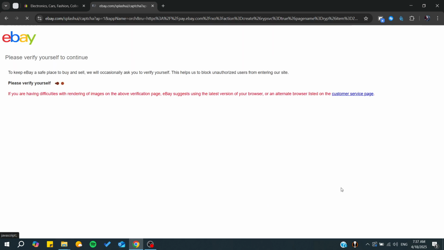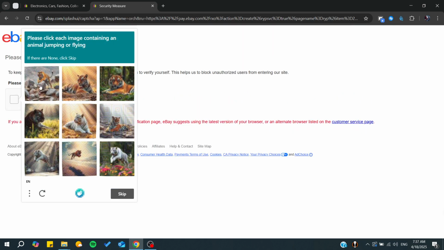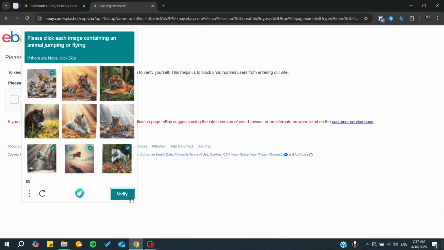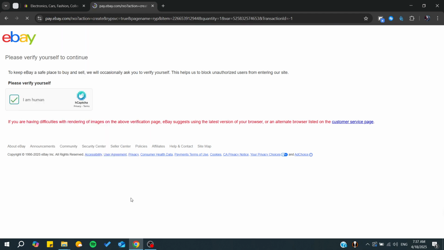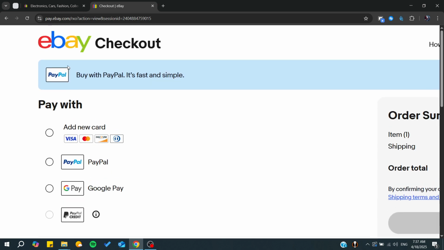By clicking on Buy It Now, I will need to verify myself. So I will just use this captcha here, and I'm just going to click on verify. Now we will be able to go to the checkout page. So now, as we are on the checkout page, you have the ability to pay with these options. Basically, you can pay with MasterCard, that means your debit card or credit card, PayPal, Google Pay,